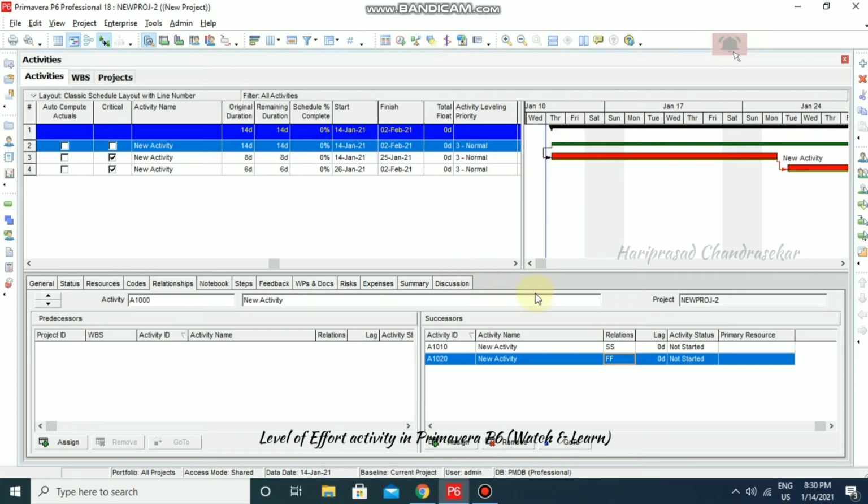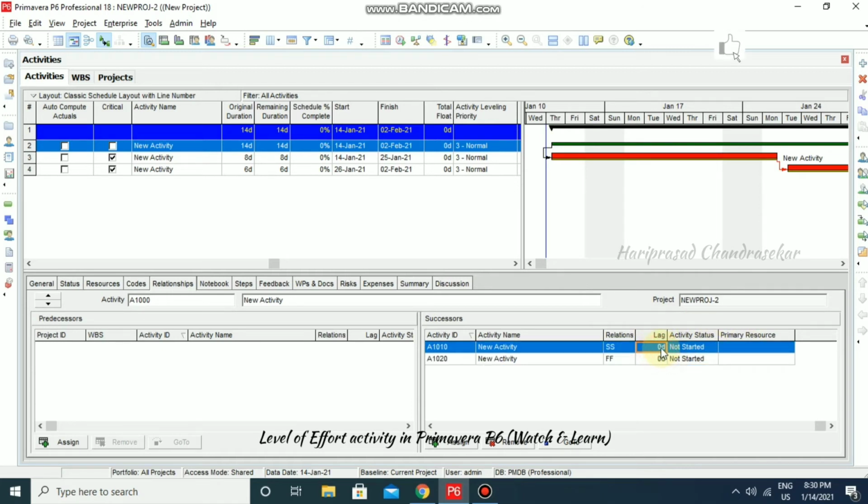Now if I'm putting some lag here, for example, here I'm going to put a lag of 2 days, and now I'm going to schedule it. So this is start to start, and it is not taking the lag, but if you're putting it in finish to finish it will consider.